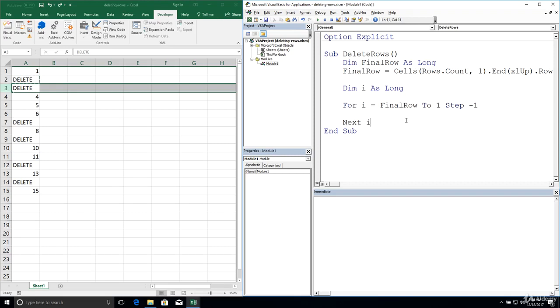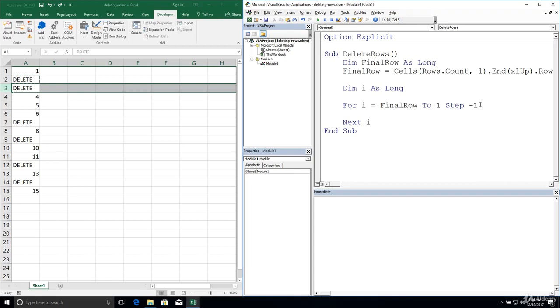So what's going to happen here is I is going to start at 15. The entire body or block of the for loop is going to execute whatever we put in here. And then once that step is done, we're going to decrement I by this value. So I is going to go from 15 to 14 to 13 to 12 to 11, all the way down to 1. And of course, if we wanted to decrement in a different interval, for example, decrease it by 5 each time so that we can go from 15 to 10 to 5, etc., we would just put -5 here.